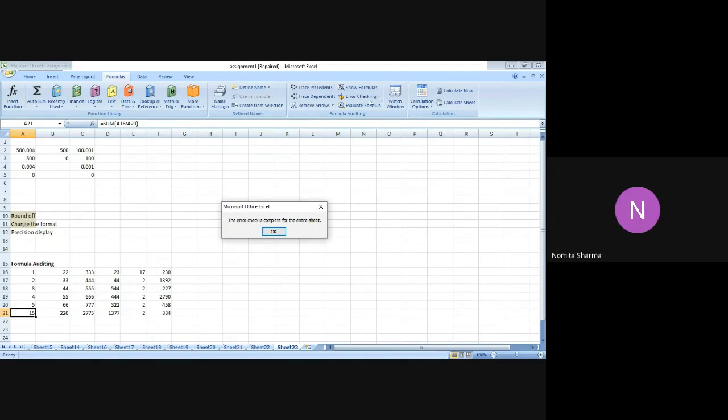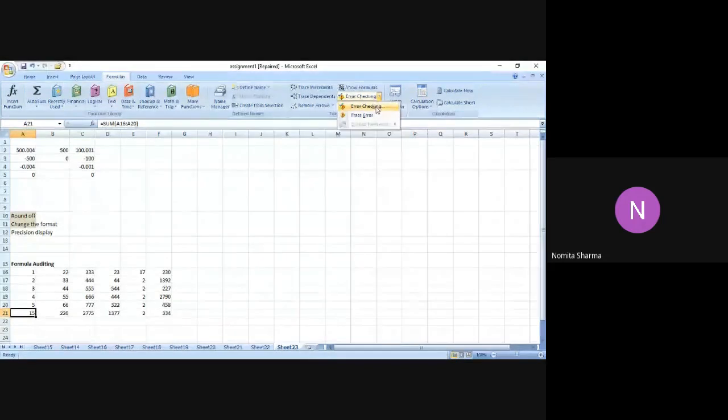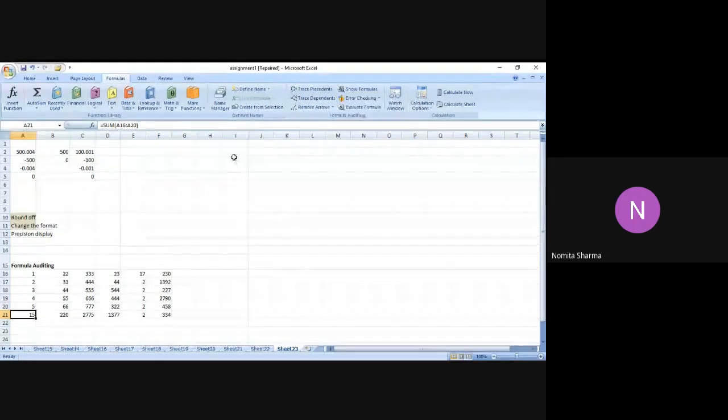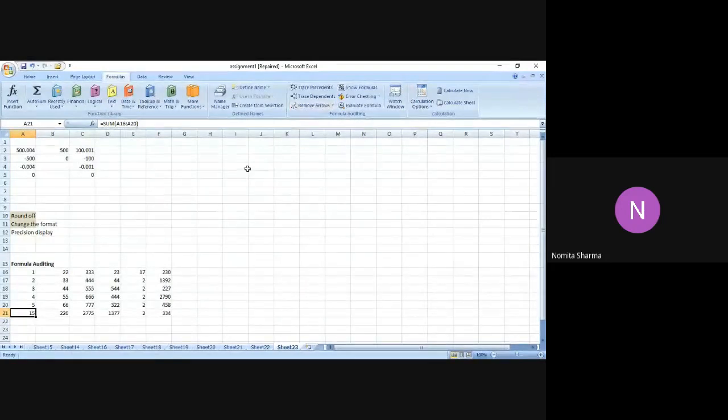Try doing some error and then press this error checking option, and then you will get more options over there. I just say okay, and if I go further, it can trace error and check error, but since there is no error in my sheet, it won't help me if I click on these 2 options. Maybe when I make an error randomly, I can press that and get the answer. I'll do that in another class, but since we are short on time, I need to go for the other options.